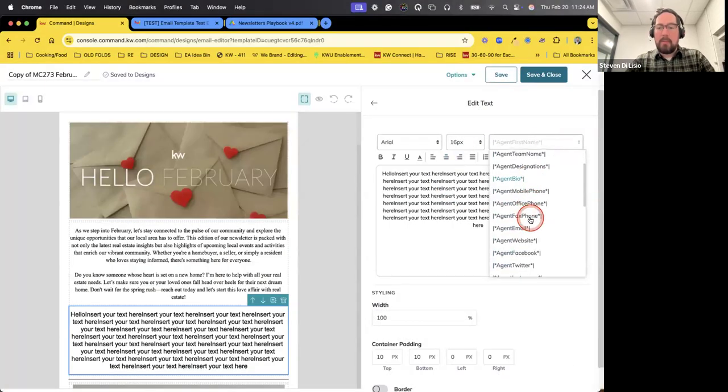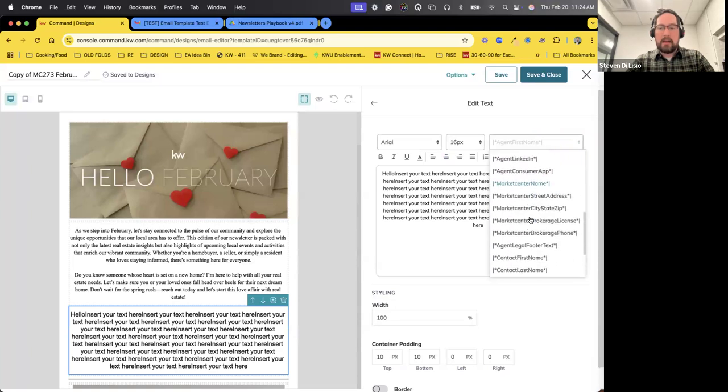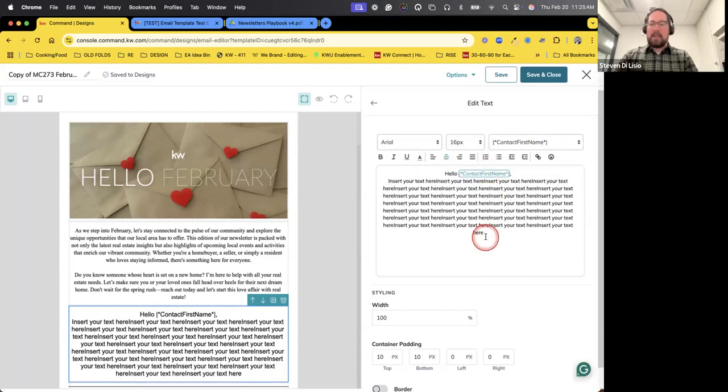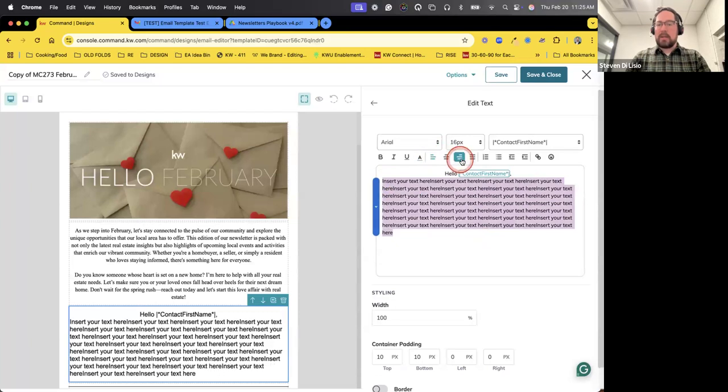And we have all these different merge tags that you can automatically bring in. Now, all this stuff at the top, this is just the same stuff coming from your marketing profile. But as you get to the bottom, you see we have contact information we can put in here. And so contact first name is going to go in. I'm going to say hello, contact first name, and then I'll put a comma, and then I have all of my text here. We can also adjust our placement of the text, if it's right oriented, centered, left oriented, or